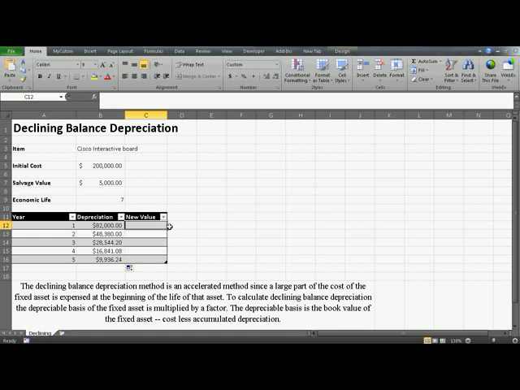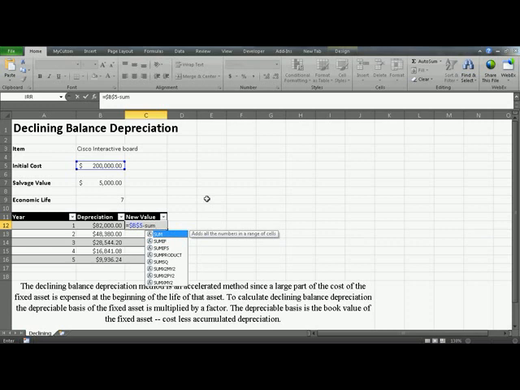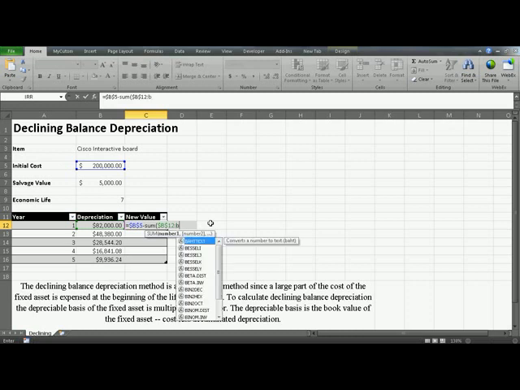The second part of declining balance depreciation is to determine its value, the new value after depreciation. To do this, click in C12, equals, we need to get the initial cost, which is in B5, and we need to make sure that that is absolute, because we need to drag it down. Press F4, minus, open a parenthesis, minus sum of depreciation. So the first one is in B12, and we need to make sure that is absolute as we drag it down, comma,